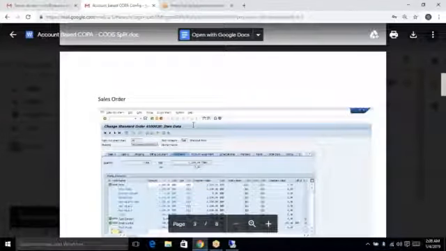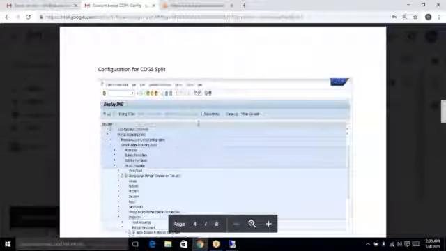Now you can see this sales order. We created a sales order. In the sales order, you have this price VPRS. It is showing you 160. So the total cost of this particular material is 160. Now when you do the PGI, this is a PGI document, right? You can see stock is credited and material consumption, this is actually COGS, gets debited. But now there is one configuration which is new. This was not available in ECC.